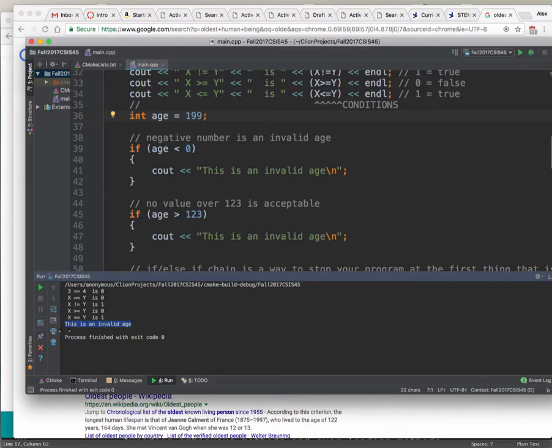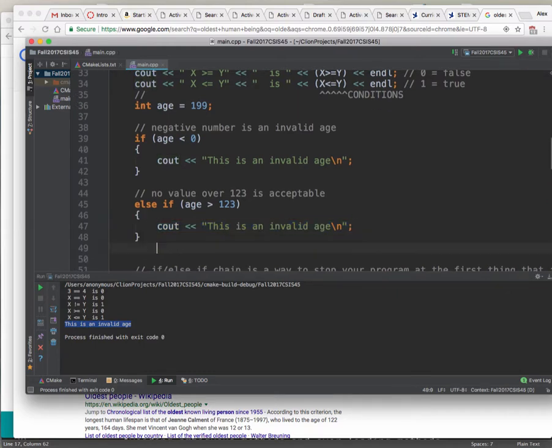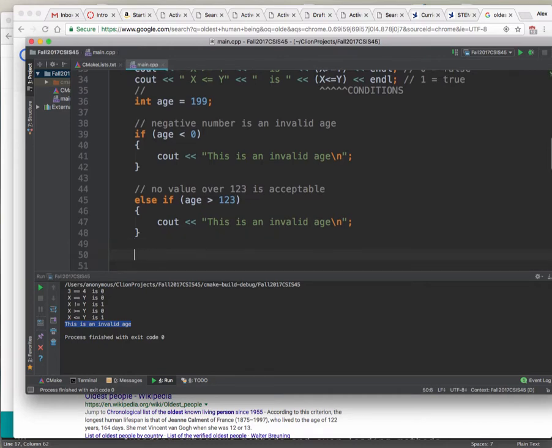Make sense? And by the way, I could have done an else if I wanted to, right? Because if the value is less than 0, why am I even going to bother checking if it's bigger than 123? Why am I going to waste the processor's time to think about these things? But notice that I wrote the same cout 2 times. So what I'm going to do next is rewrite the above if else if